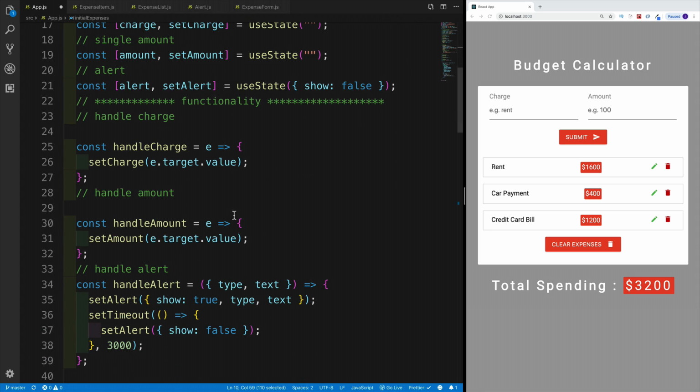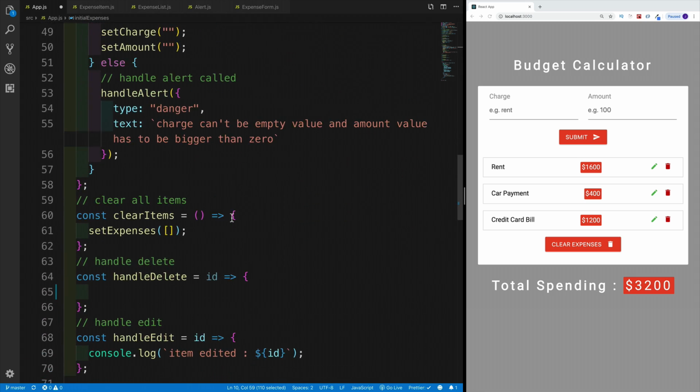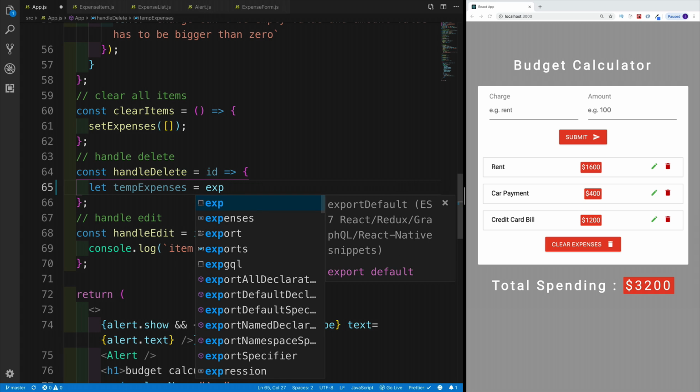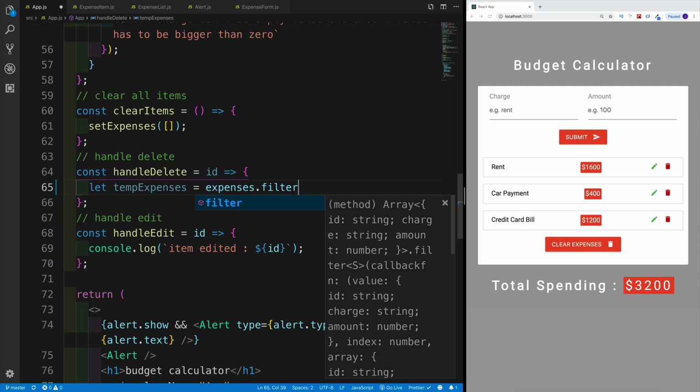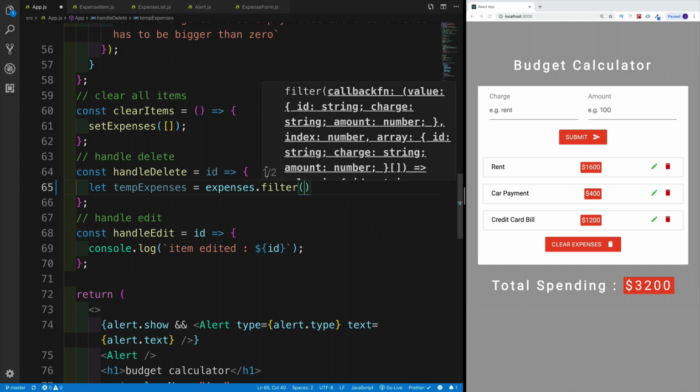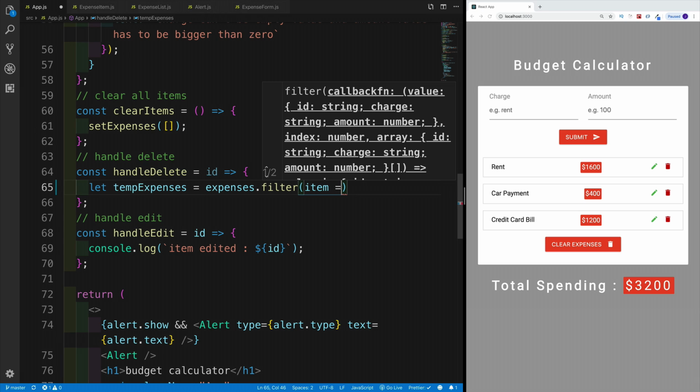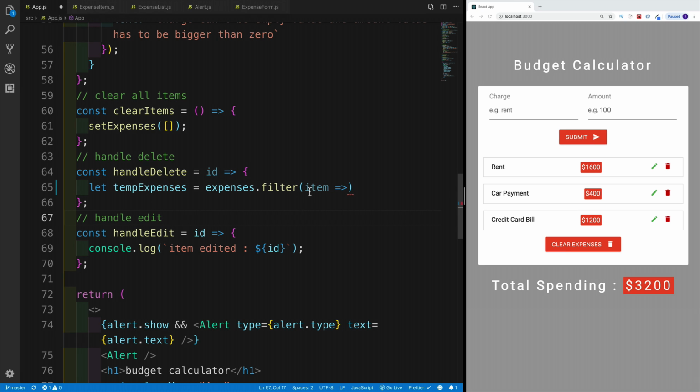So let's set this up where, again, let's scroll down. Where's handle delete? There you are. I'm going to set up a variable and let's call this temp expenses like so. And we are using our expenses array that's coming from the state. Then, like I said, we're using filter method. Within the filter method, we are passing in the callback function that is being applied for each and every item in the array. And I'm going to set up right now that particular item. So again, I'm just using some kind of parameter and I named it item that reflects each and every item